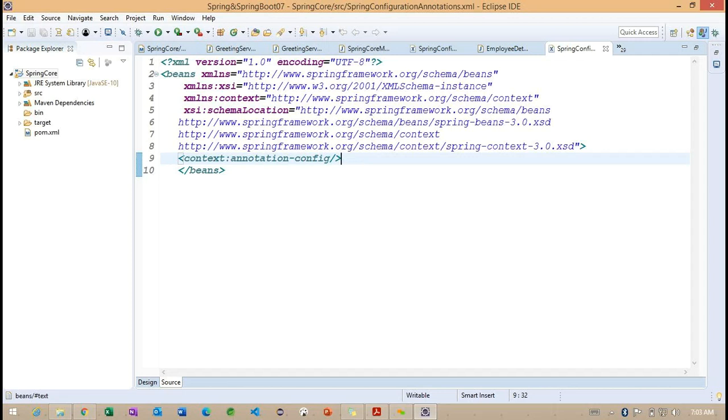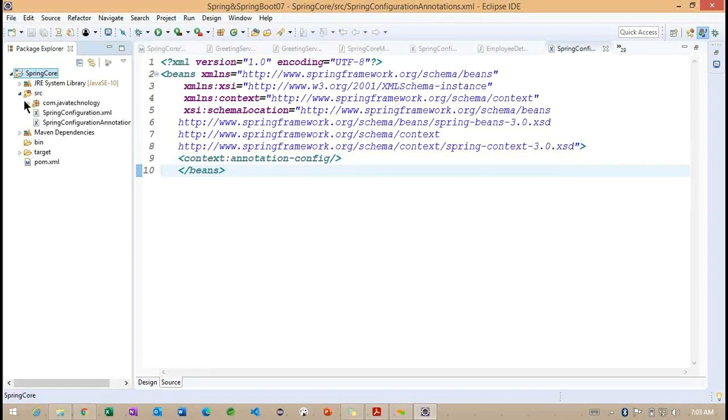After providing this information, we need to work on the annotations. Basically, Spring supports autowire and inject. We have two types of annotations here: the first one is Autowired and the second one is Inject. We need to understand how exactly Autowired and Inject work. First we'll check with the Autowired annotation, later we'll work with the Inject annotation.